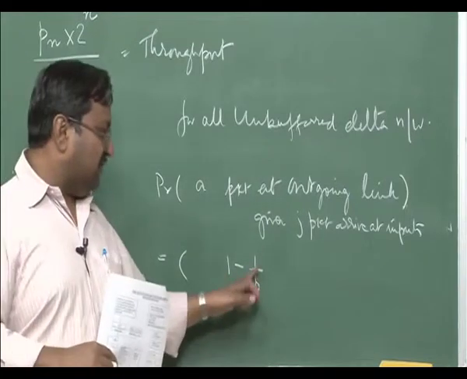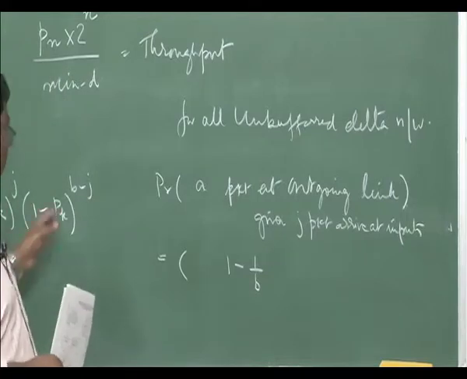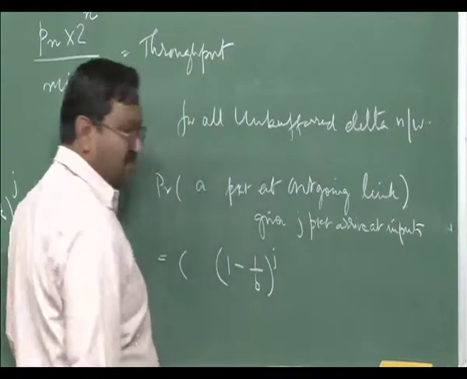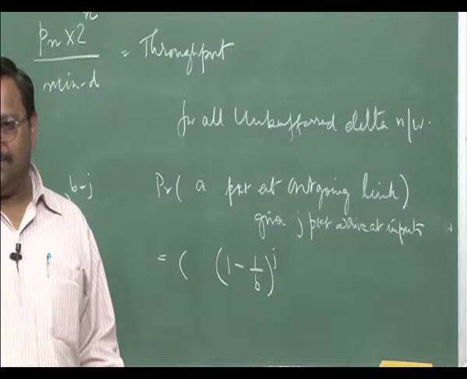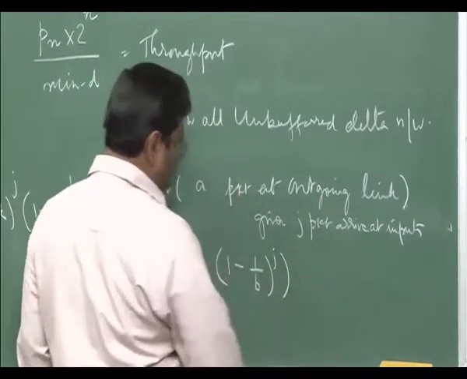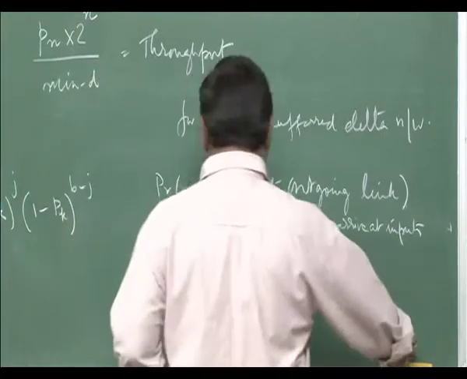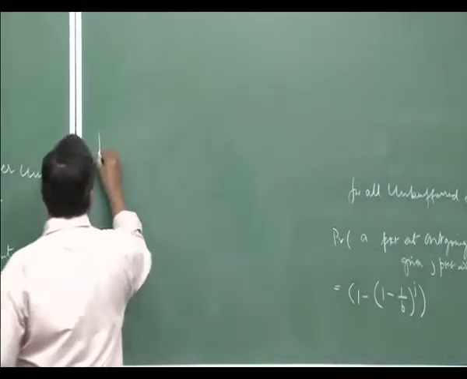See, 1 minus 1 over b, that you are not going to select an outgoing port; none of the j packets will select an outgoing port is this, and 1 minus of this, at least 1 is going to select an outgoing port, 1 minus of that. So, that is the conditional probability that a packet will be there given j packets. Okay. And then of course, you can find out what is pk plus 1 from here. So, from here pk plus 1